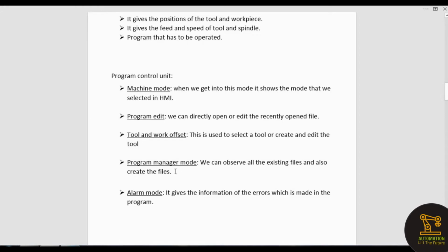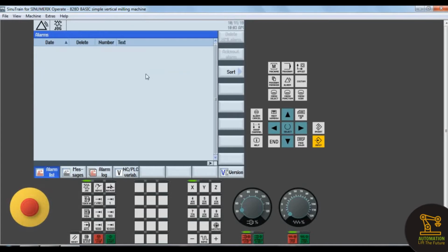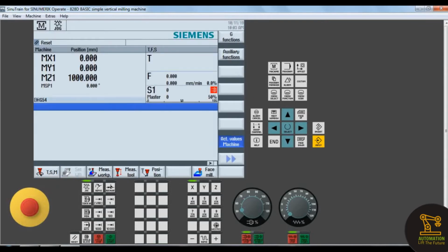Get back to machine. Next, alarm mode. It gives the information of the errors which are made in the program. Generally, alarm mode is used during programming. In alarm mode, all the errors made during programming will be shown here. Get back to machine.